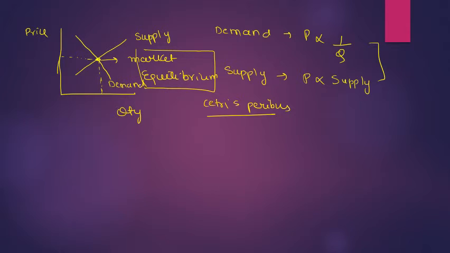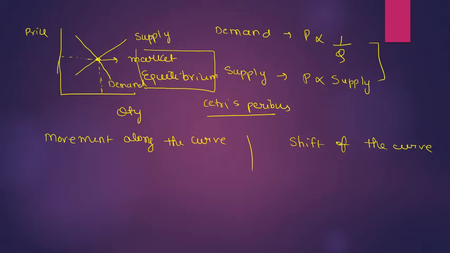Now, next thing is there are two types of shift as far as supply and demand curves are concerned. First is movement along the curve and another one is shift of the curve. Okay, so let me give you two scenarios to understand these two. Let's say you have, for a particular product, price versus quantity and the demand slope is like this. Okay, so let's say your price is P and at that point the quantity which you are buying